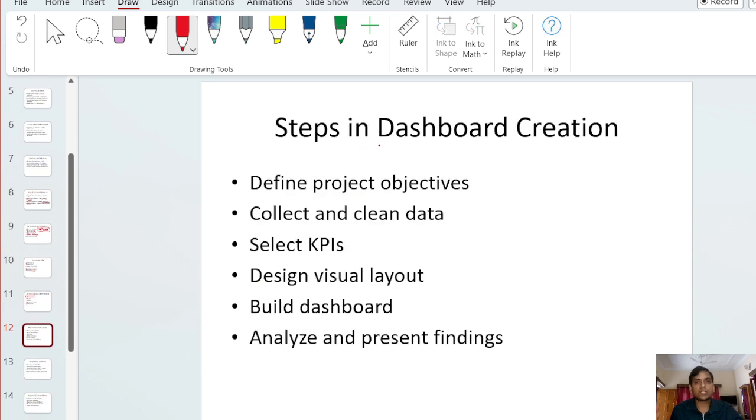Now the steps in dashboard creation. In the steps of dashboard creation, first we will see the project. So define the project objective. Project objective means this is directly associated with KPIs. So if your data is associated with sales, you can do the sales analysis. The project may be associated with sales, finance, HR, marketing, or something